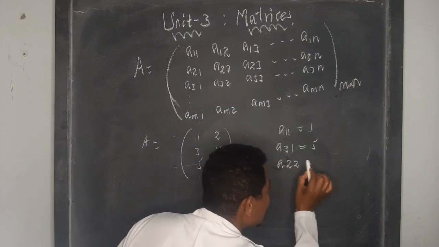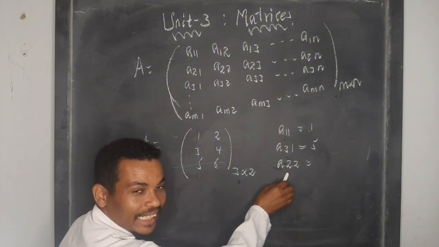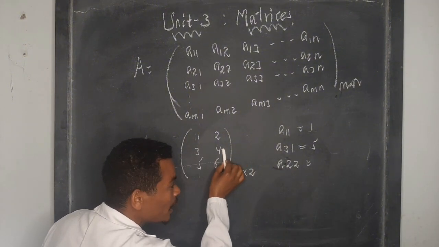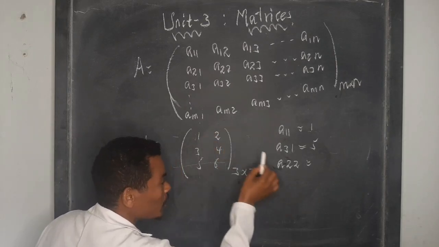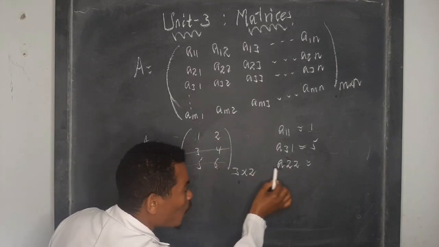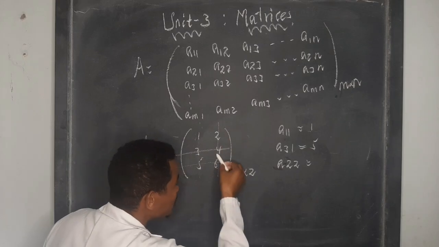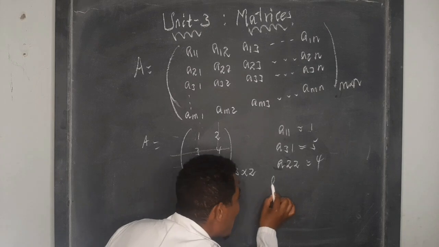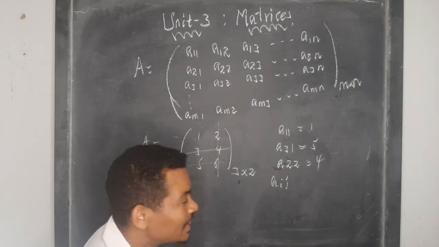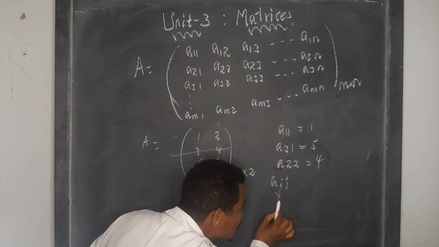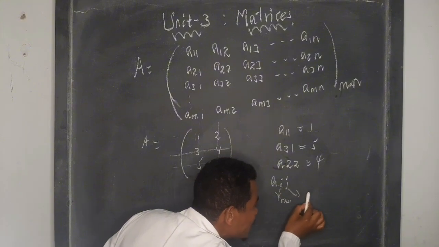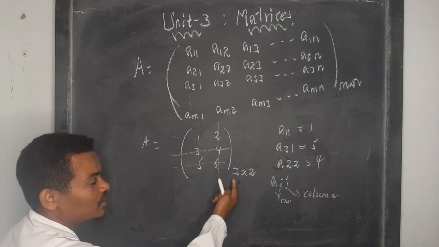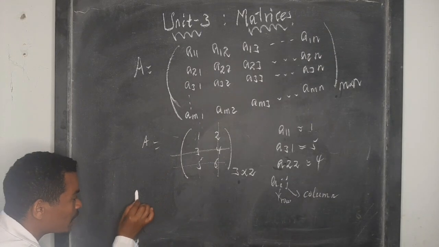Let's say A22 ብንባል, the element that exists on row 2 and column 2. Row 2 ማለት ይሄው ይሄ ይሆናል። Column 2 ማለት ደግሞ this one ስንት ይሆናል ማለት ነው? 4 ይሆናል ማለት ነው። ስለዚህ Aij ብንባል, the entry that exists on the i-th row and j-th column ማለት ነው። ስለዚህ የዚህ ማትሪክስ ሳይዝ አሁን 3 by 2 ይሆናል።